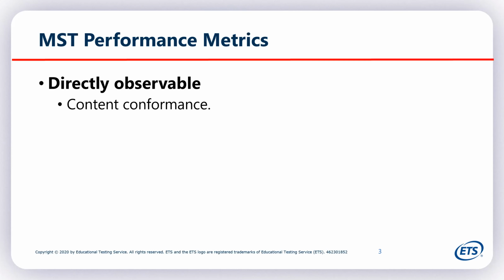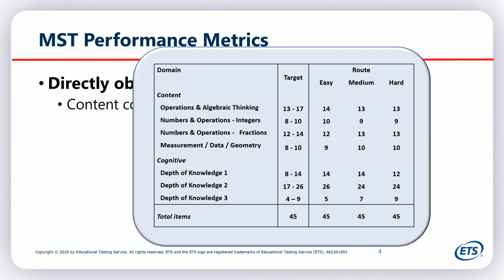The first of these is the extent to which our assembled panel meets the content constraints to which it was assembled. Our display for evaluating this is a simple table like this that shows the constraints, the target values of numbers of items in each of these content categories, versus the number that we had actually achieved or observed once we had assembled our form. So this is basically just an evaluation of whether our test assembly process met the constraints it was